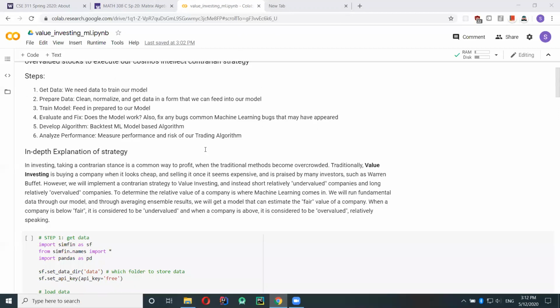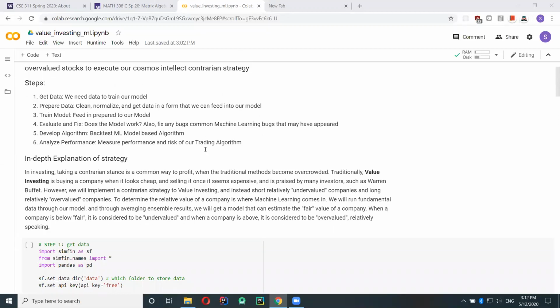Okay, so I've broken this down into 6 steps. This is a really good strategy for breaking down machine learning problems. The steps are: we need to get the data, because when you have a machine learning model, you need data to train it. That should be kind of obvious.